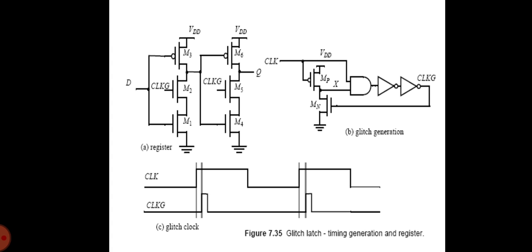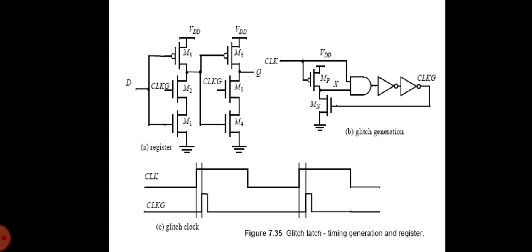Note that there also exists a delay between the rising edges of the input clock, that is clock, and the glitch clock, that is clock G, which is also equal to the delay of the AND gate and the two inverters. If every register on the chip uses the same clock generation mechanism, this sampling delay doesn't matter. However, process variations and load variations may cause the delay through the glitch clock circuitry to be different, and this must be taken into account when performing timing verification and clock skew analysis.